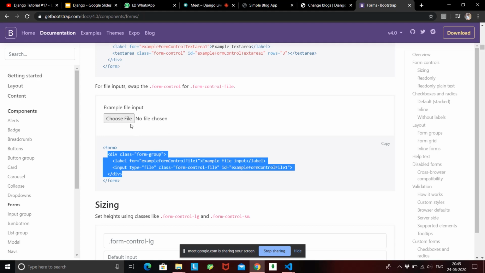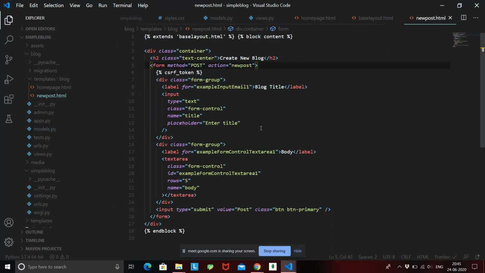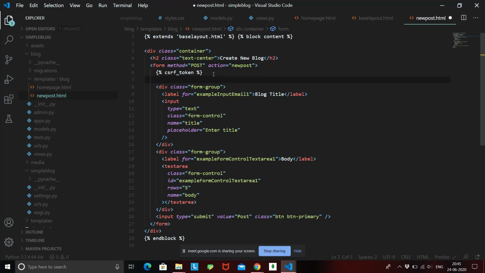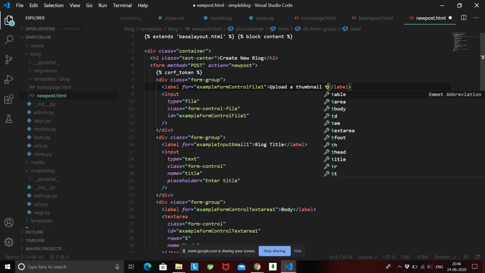So we'll copy this and go back to our new_post.html. So where is new_post.html? This, and inside the new_post.html we are rendering out this form. So let's paste the thing that we have just copied, and we can just let it be. We'll just change the label and we'll say upload a thumbnail to your blog. Okay, so we are just telling them to upload a thumbnail to your blog,